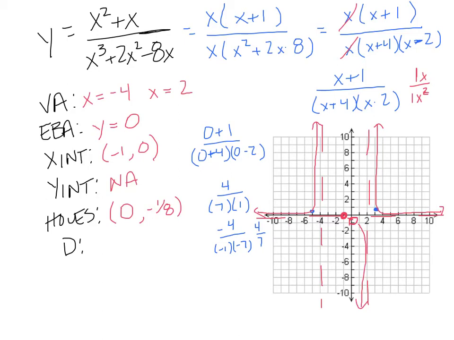I need to know what happens on the other side too, so you need another test point. You can choose -2, -3, either one works. I'm going to choose -3. When I plug in -3, I get -2 over 1 times -5, which is -2 over -5, which is positive 2/5. So what's going to happen in the middle is it's sort of going to do a little snaky thing and follow those vertical asymptotes. This is kind of a crazy graph, which is why it's in the harder